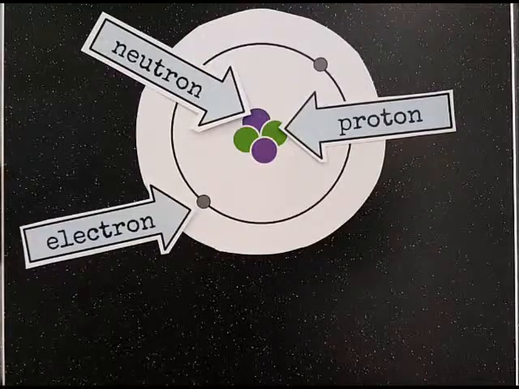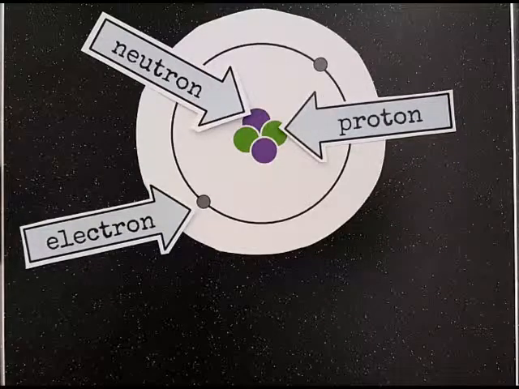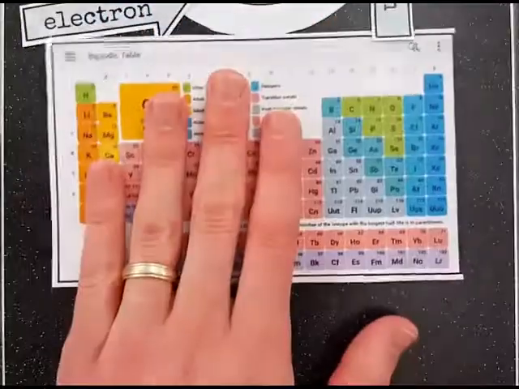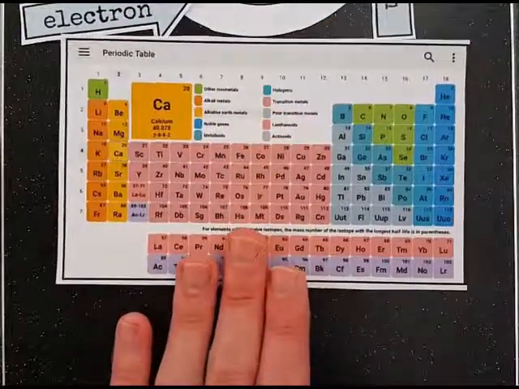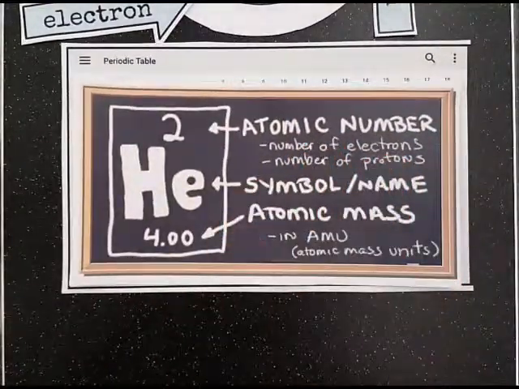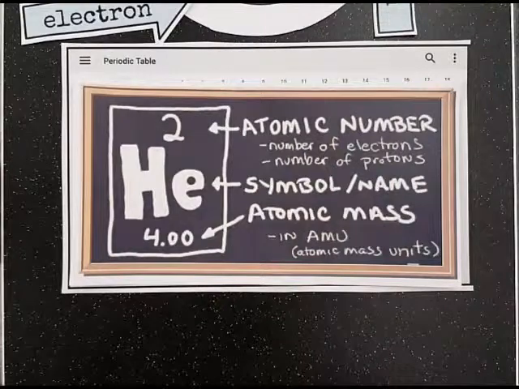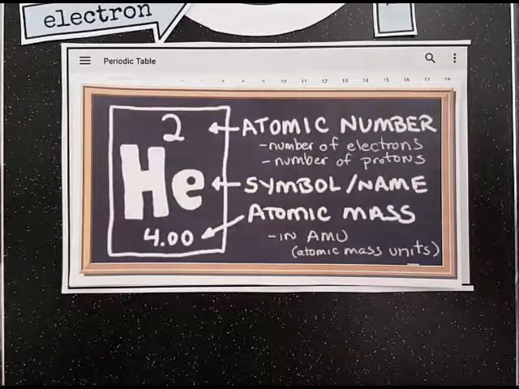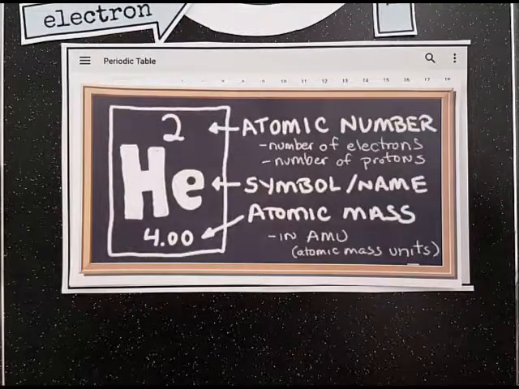That isn't always the case. It doesn't always work out quite so nicely. But again, there's the structure of the atom. We can tell stuff about an atom from the periodic table, and if we look closely at an individual square of the periodic table, we can actually tell a lot about an individual atom of a particular kind of element. So that's what I know about elements and atoms for now,